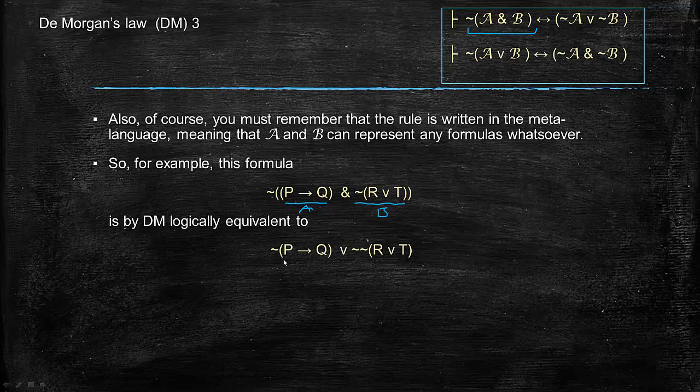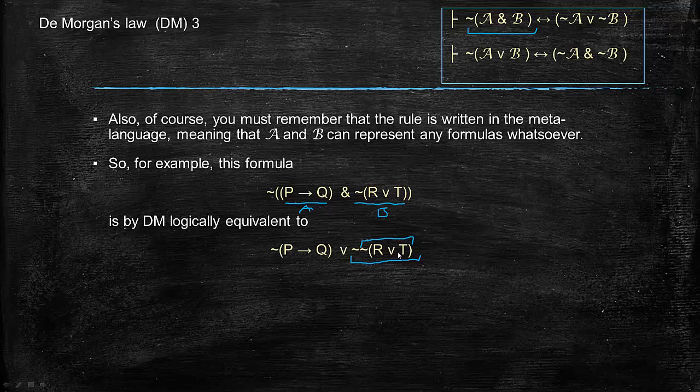So not A or B over here is going to be, it's not the case that if P then Q, or not R or T. And actually, if you look at this, you can see that if you wanted to, again, you could apply DeMorgan's to this formula here. The reason you can, actually, you're applying it to a sub-formula, which is, it's not the